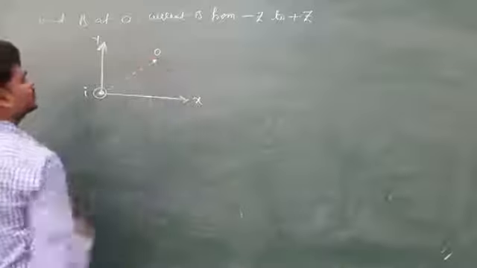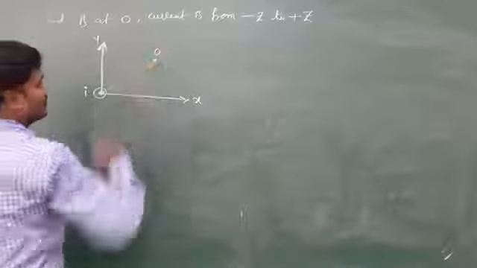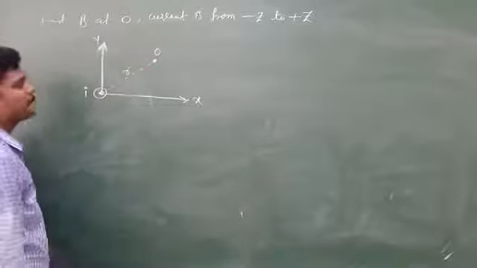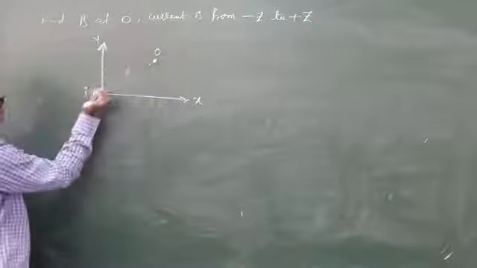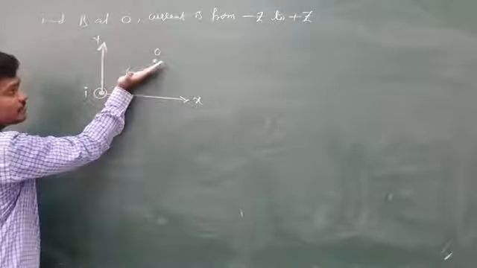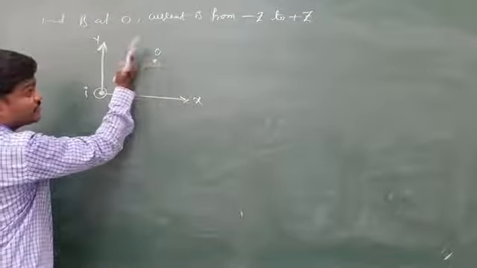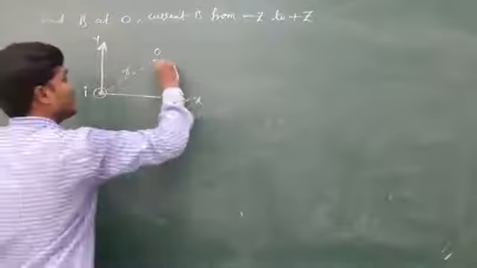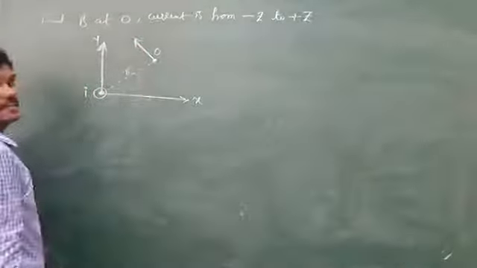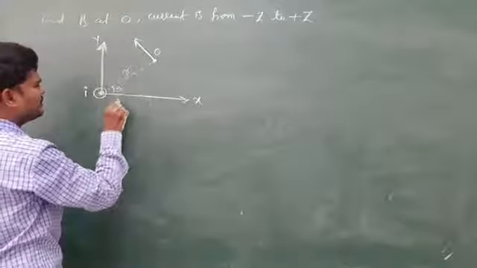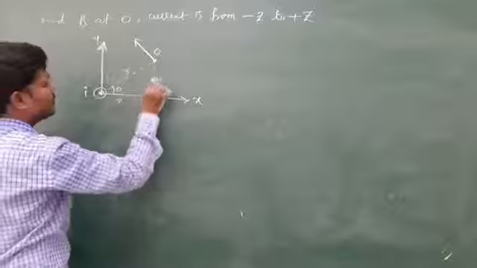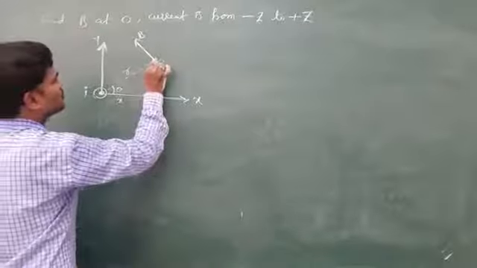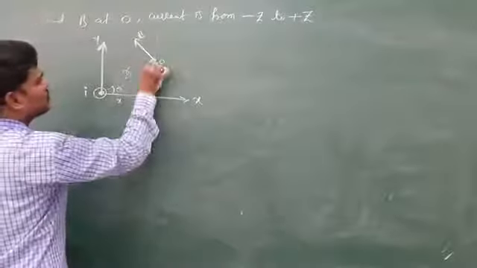So to find this, let us suppose the distance is some r. Here, if I hold my hand like this, this is out of the current, and at this point the direction of the magnetic field is in this direction, perpendicular to the electric current. This is the current, and this is the magnetic field. This is theta, this is the x coordinate, this is the y coordinate, and this is the direction of the magnetic field. Resolve this B into two components.